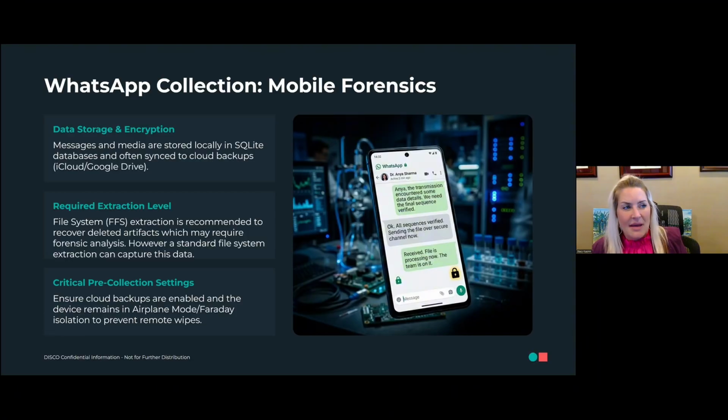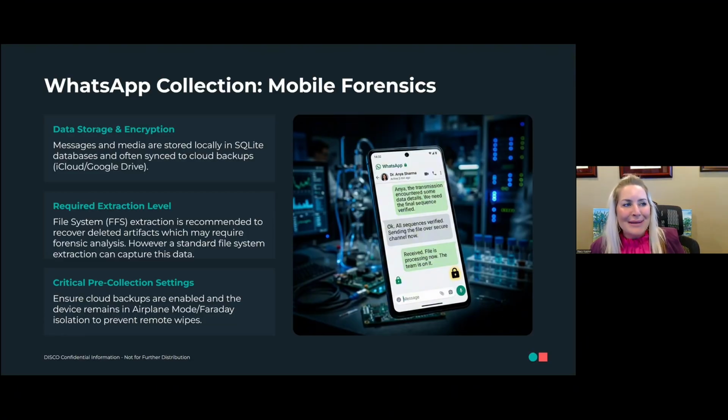We did at my last lab have a criminal case where we received a device from law enforcement. They had not turned the device to airplane mode despite us instructing them to and keeping it off. And once we powered it on, it was already powered on, sorry. And then we ended up finding out that the custodian had remotely wiped his phone before it came to our lab for extraction, and everything was gone.